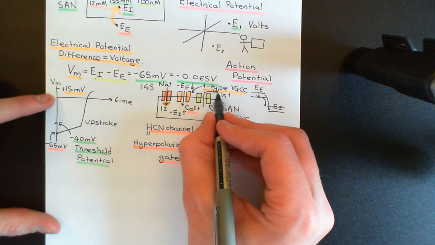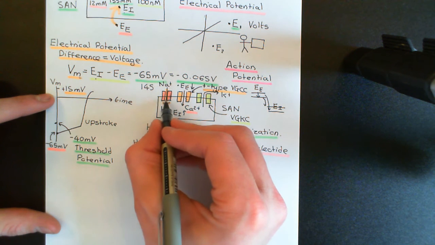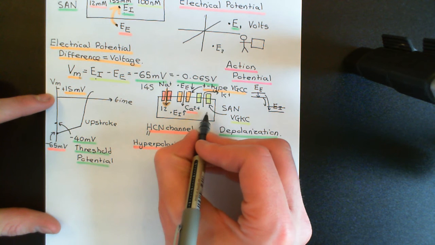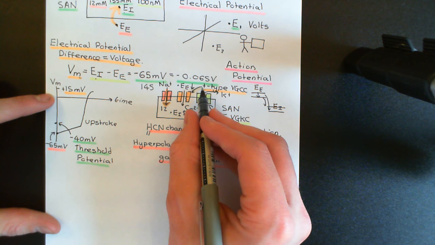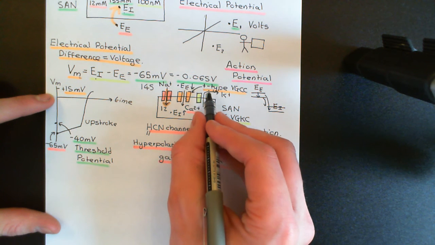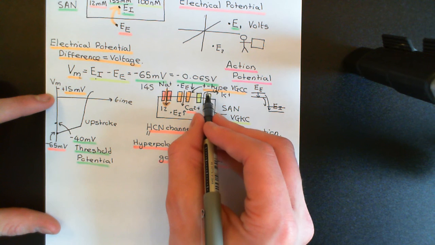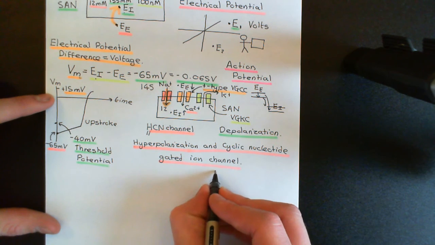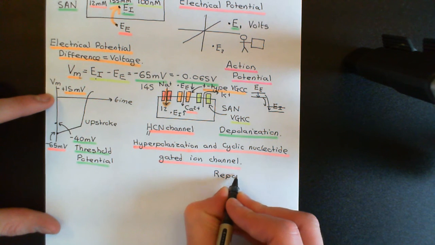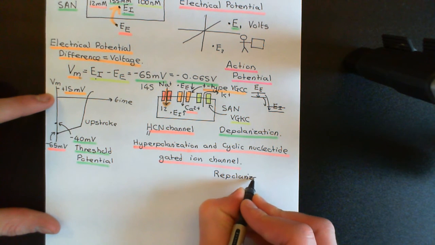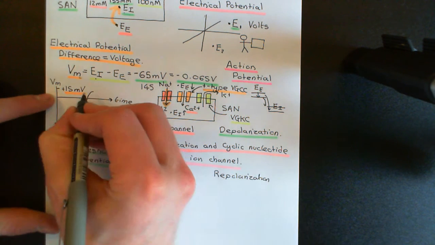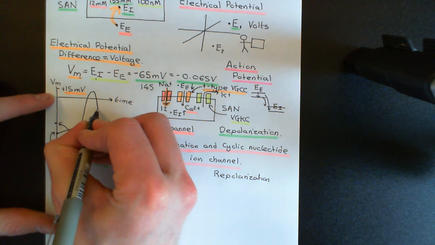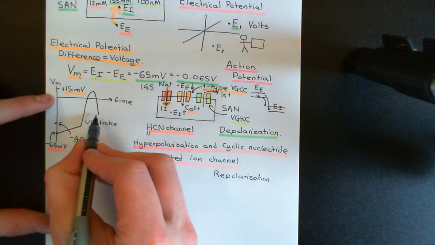Now, moving positive charge out of the cell will do the exact opposite of moving positive charge into the cell, so it will lower the electrical potential intracellularly and raise the electrical potential extracellularly, taking the electrical potential difference across the cell membrane back to more negative levels, and the word for that is, of course, repolarization. Okay, so now what's going to happen is repolarization. So the electrical potential difference across the cell membrane will now start plummeting down,